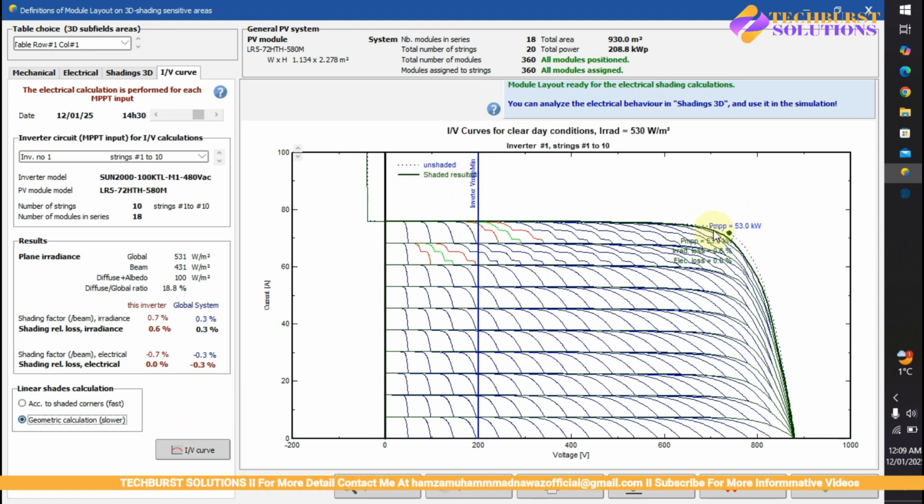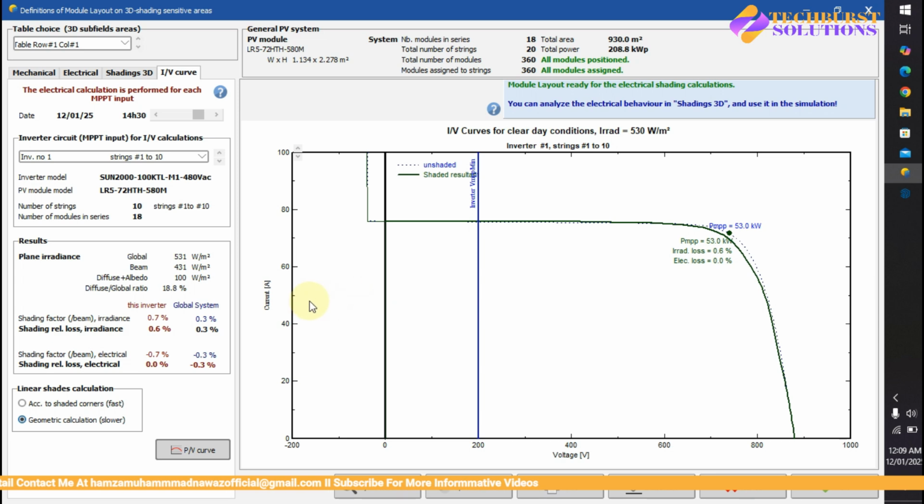So it's saying the P maximum is 53 kilowatt. It's P 53, irradiation 0.6, electrical loss 0.0%. Okay, let's go to the PV curve. It's ampere and voltage. So sorry, it's basically the IV curve, and this was the